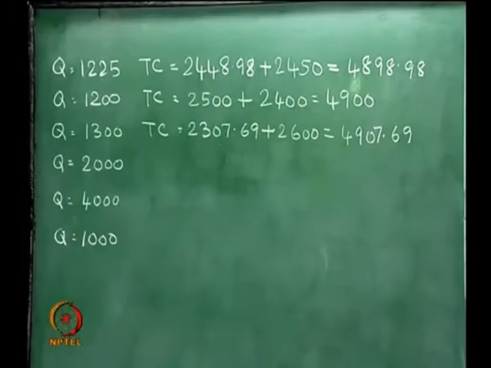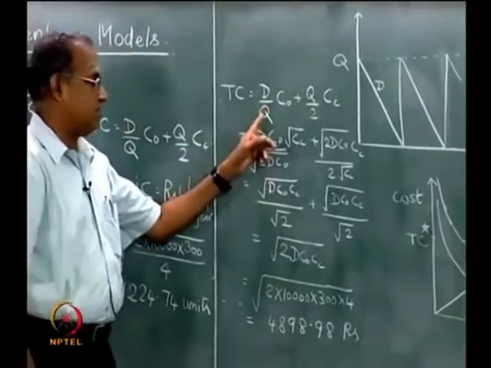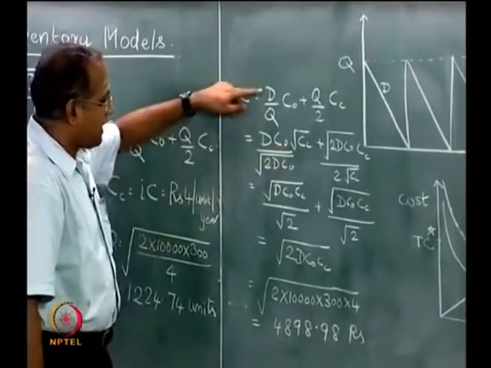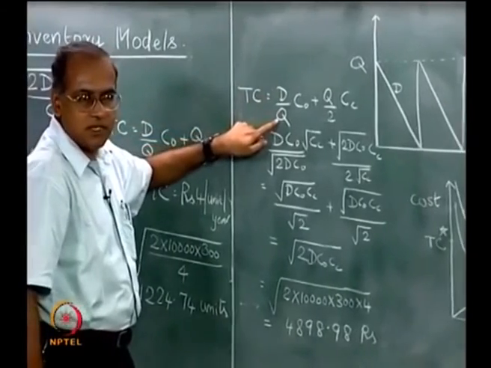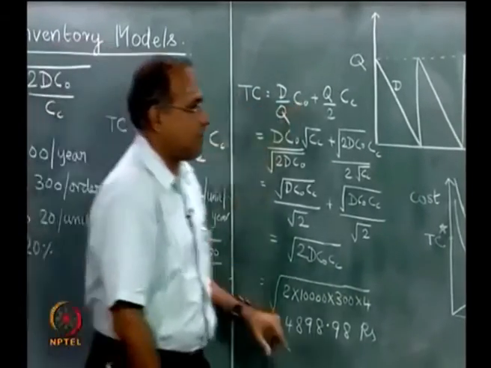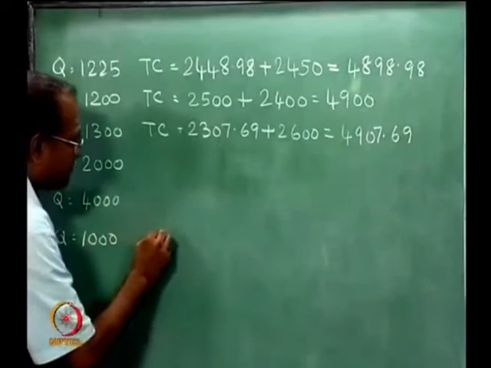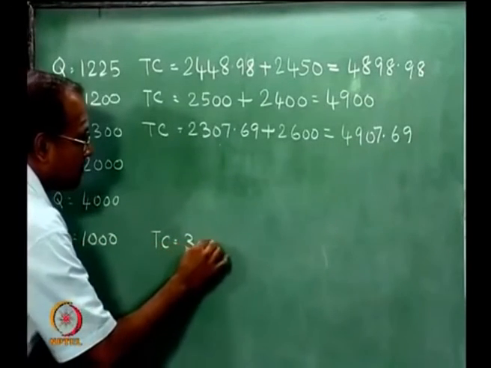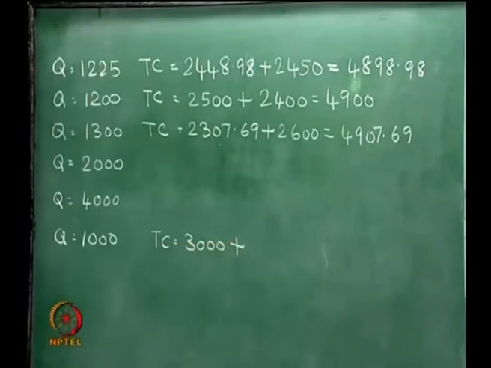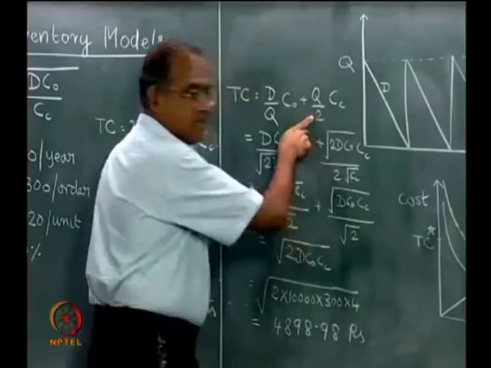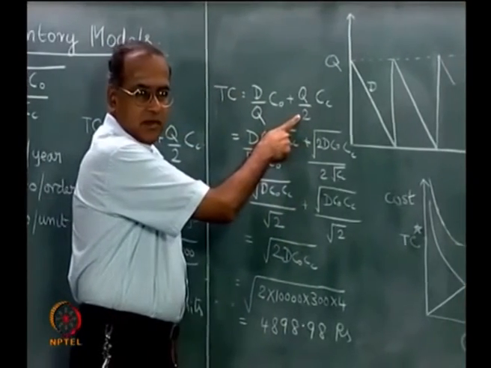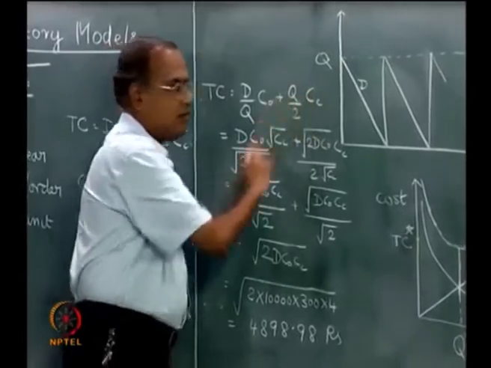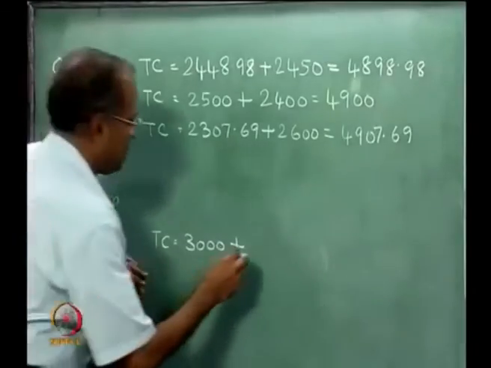At q equal to 1000, 10,000 by 1000 is 10, 10 into 300 is 3000, plus 1000 divided by 2 is 500, 500 into 4 is 2000,